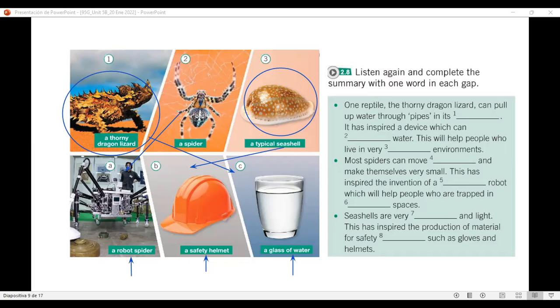Okay, up to this point, guys, can you tell me what are the words that are missing here? What would be those words in the first part? One reptile, the thorny dragon lizard, can pull up water through pipes. In its what? ¿En qué parte del cuerpo puede detener el agua?